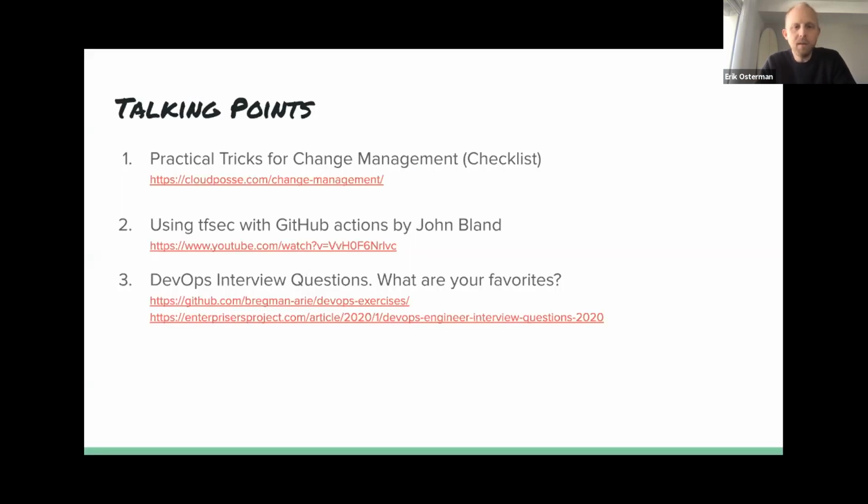So here are some talking points for today. They are mostly the same as last week. There's just a bunch of stuff we haven't had a chance to cover because we've had so many good questions. So if there's ever idle conversation, here's some talking points. So before we get to these, let's open the floor. Anybody have any questions, problems, interesting things they're working on that they'd like to share or ask?